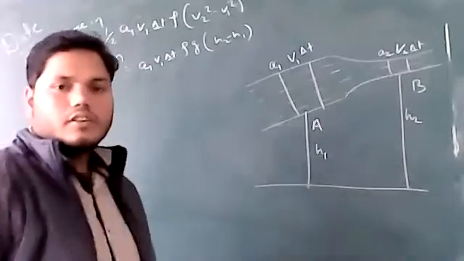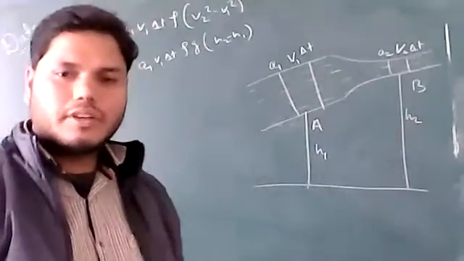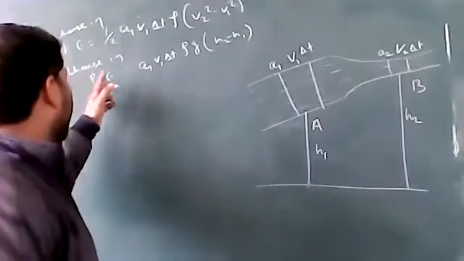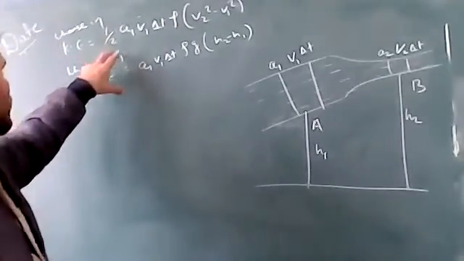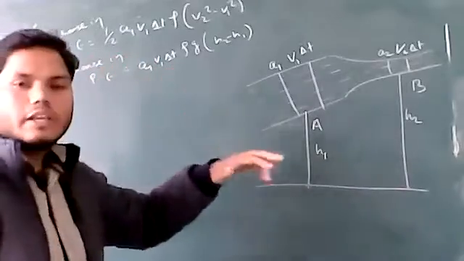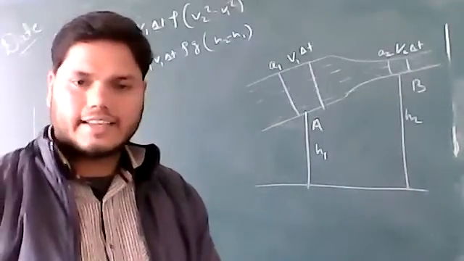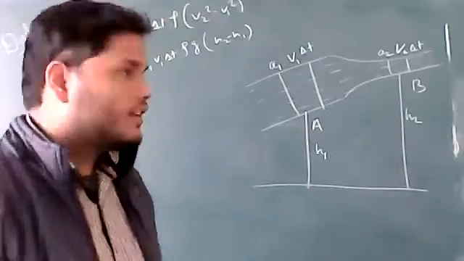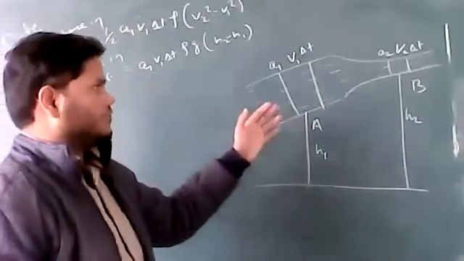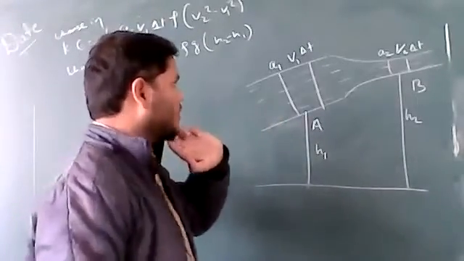So, in the previous class, the fourth period, we discussed the change in kinetic energy, that would be equal to half m (v2 square minus v1 square). That means kinetic energy at the B point minus kinetic energy at the A point. Okay, so we are discussing the Bernoulli theorem.